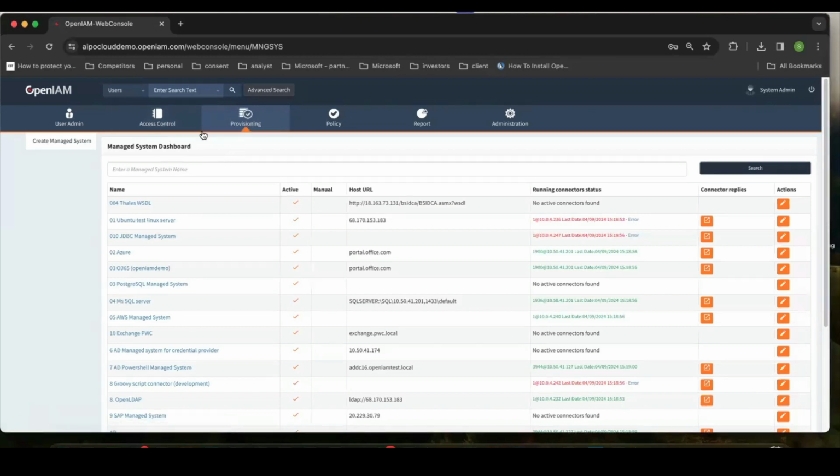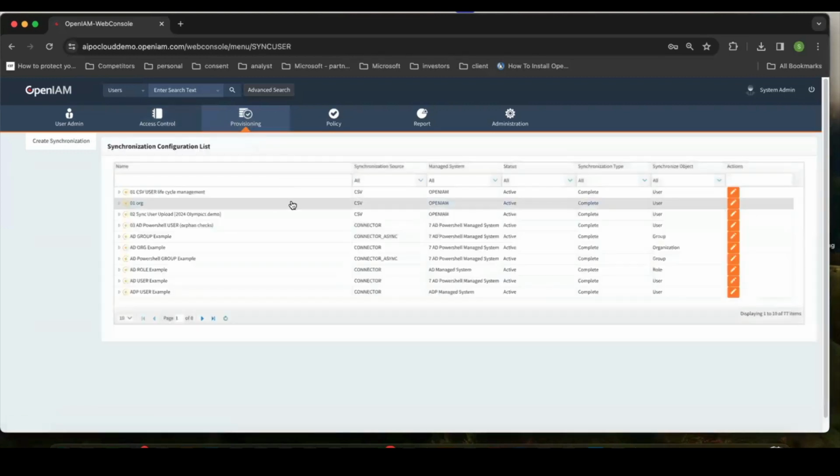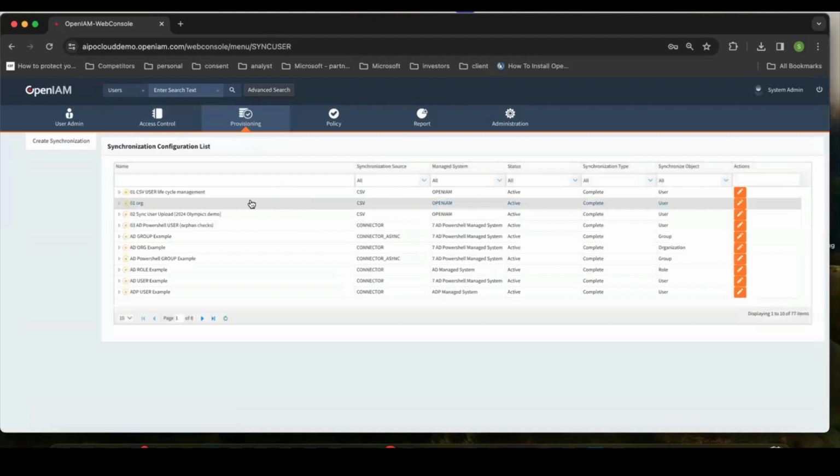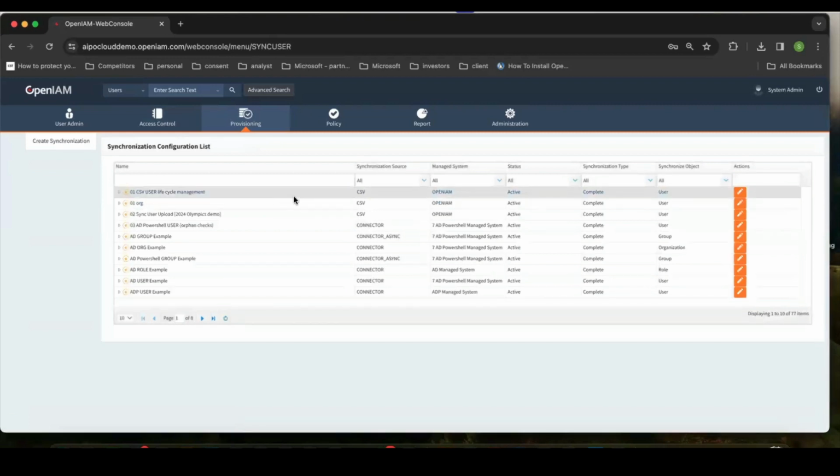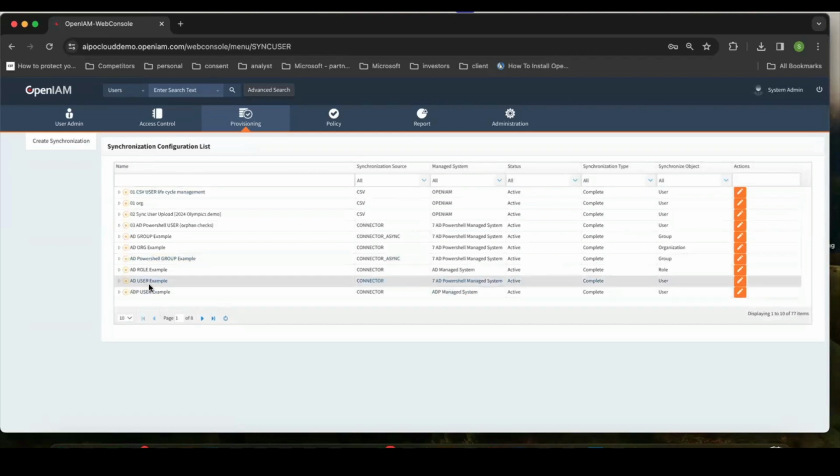So once we have our connection in place, the next thing we did was we ran synchronization, right? So we pulled data in. And so we can use some of the existing ones, right? So if we look at, say, for example, in AD, we have,